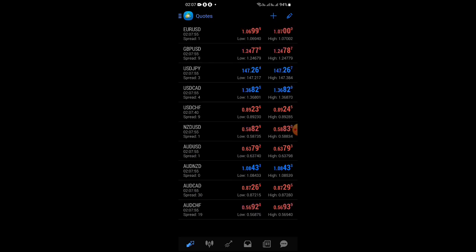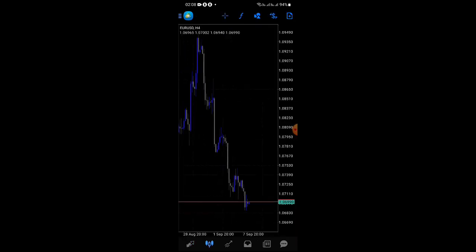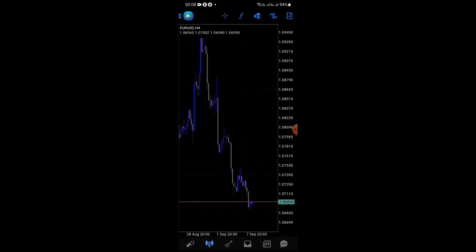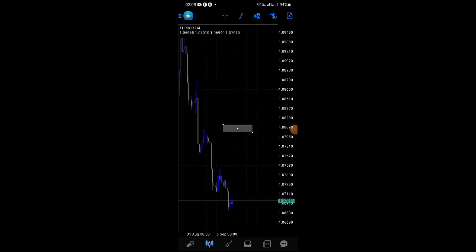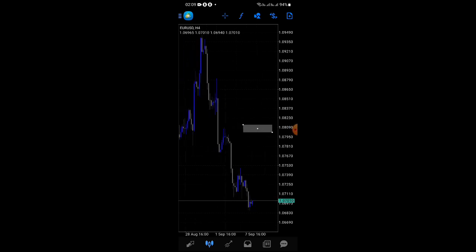One thing that I'm going to do is open EUR/USD. This is EUR/USD. What I'm going to trade, right? What I'm going to look for, I am going to look for break of structure. I'm going to look for my order block. I'm going to look for imbalance. So as you can see right over here,